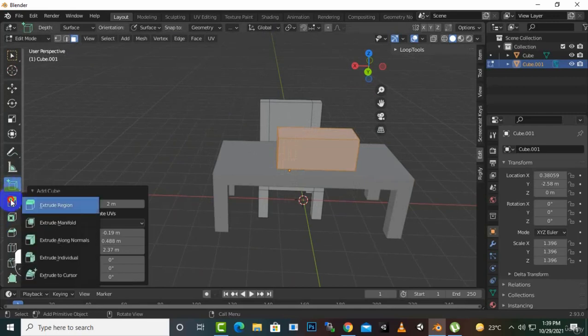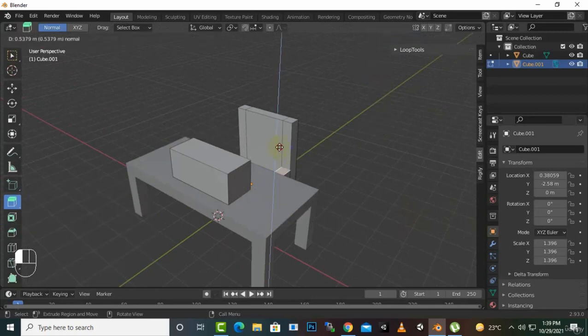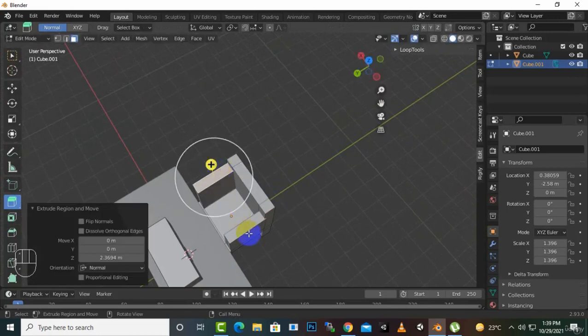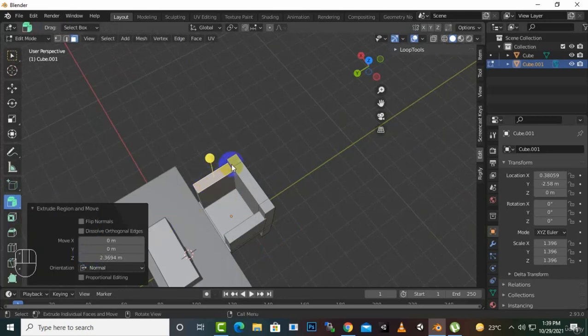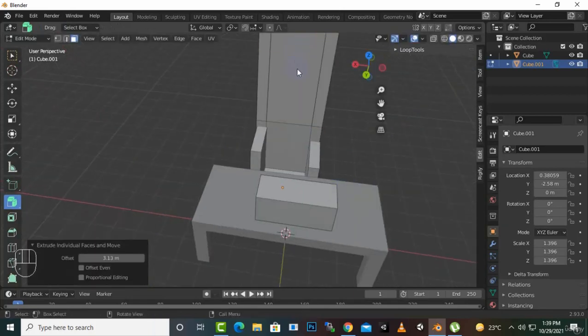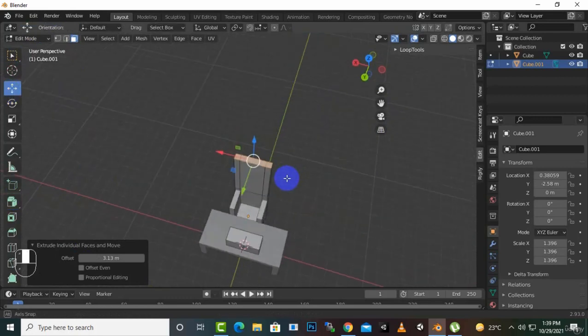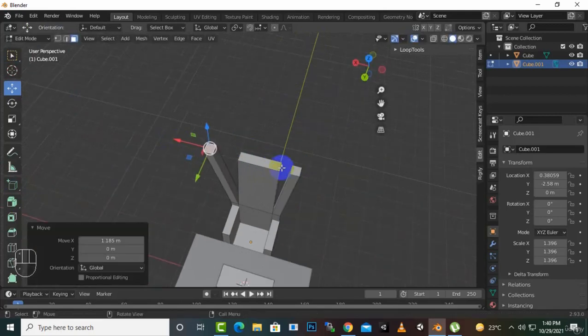We also have an option of extrude. We can select any object, maybe this face, and we can extrude it like this. Okay, and we can select this and extrude it like this. We have certain more options in extrude, like manifold. The very important one is extrude individual. So if we, for example, select these 3 faces and extrude them, you can see these are extruded as well. But as we have selected extrude individual, these parts will be separated. So if we move it, you can see this is extruded into